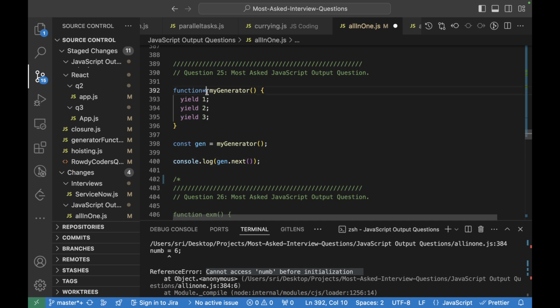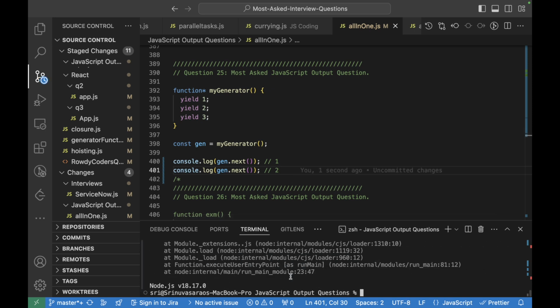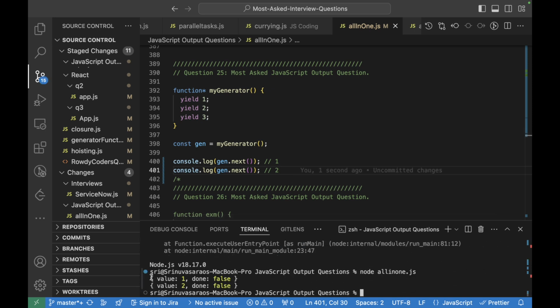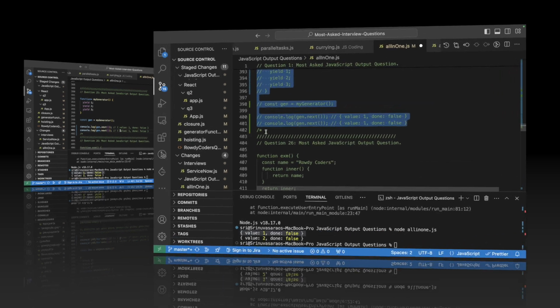So here, the generator function syntax will be something like this, where function star will be mentioned, and this particular gen is assigned here, and gen.next is called. In that case, the first yield will be printed, so the console would be 1 here. If we do the same again here, it will give 2 as output. So let me run it and show the output. So here, yeah, firstly 1 and then 2. The generator's result would be something like this, where value would be 1 and done would be false.